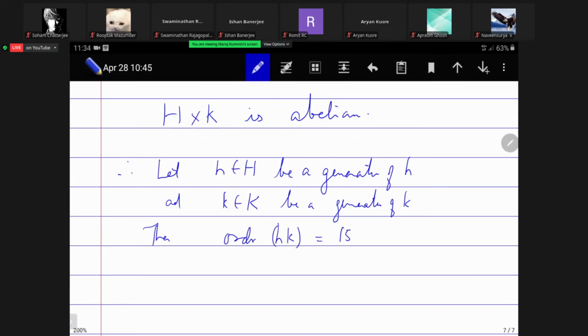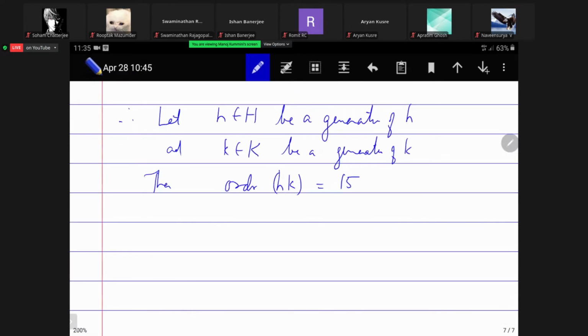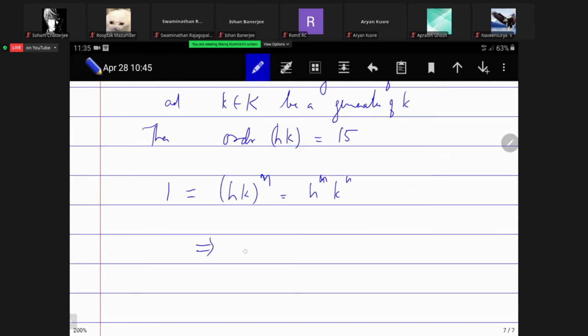That is because they commute with each other, and the reason is, if you take (hk) to some n, this is equal to h to the n, k to the n, and their intersection is trivial. So if this is equal to 1, it would imply that h to the n is 1, and that is also equal to k to the n, because this element is inside both H